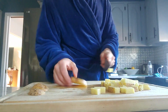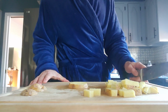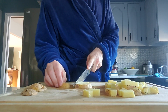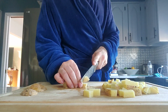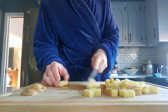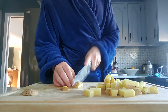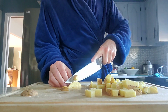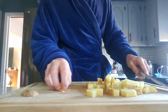Just keep chopping away. I'm showing you guys the full process this time because I feel like the last video was kind of choppy. I think I tried to streamline it a little too much. So I'm showing you guys pretty much the full process. I'll probably cut a few clips here, but I'm not going to dice it all to pieces like I did last time. No pun intended. Now you can see about the size that I've